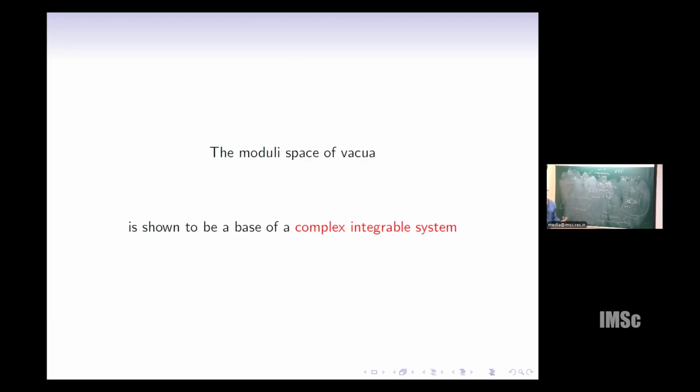Quasi-classically, they're characterized by vacuum expectation values of some scalar fields. So there are massless scalar fields. But quantum mechanically, the geometry of these spaces receives corrections. And it turns out that these corrections are captured by the metric,